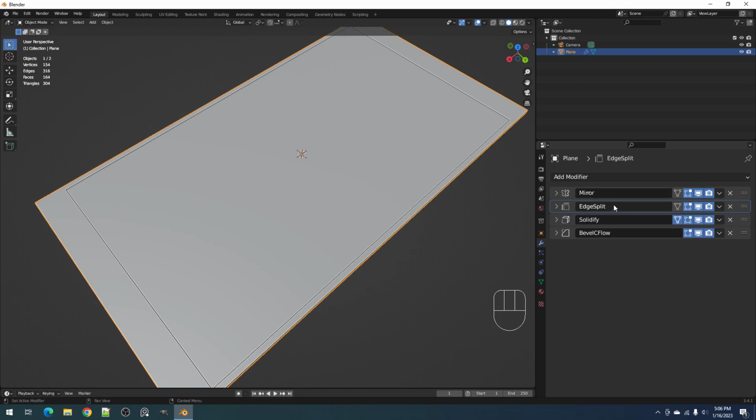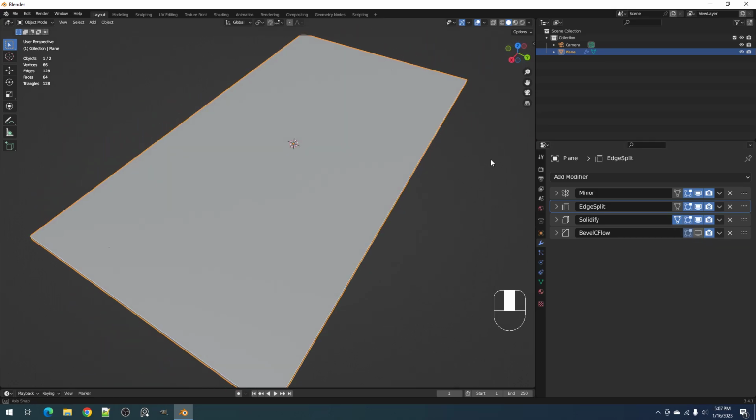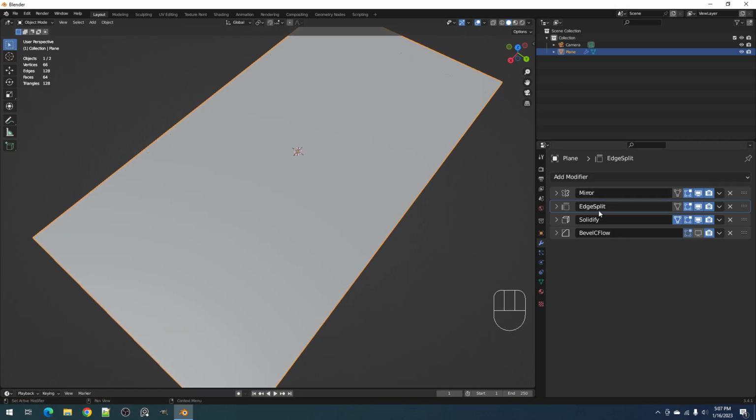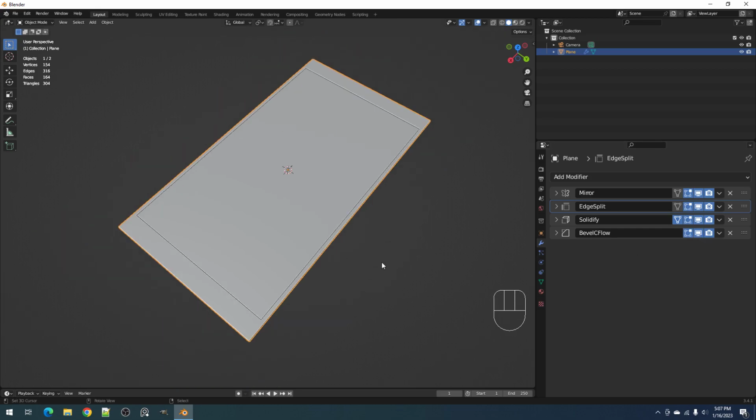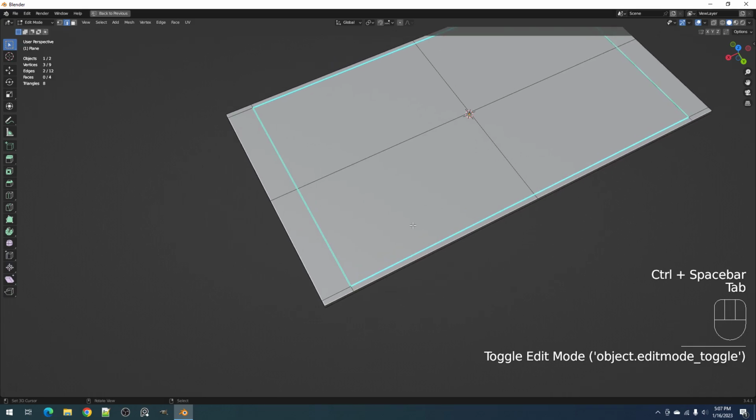So the result of these two is then solidified, but without the bevel modifier, you cannot see the effect of the split edges and the solidified combo. So in order to see that, you have to turn on bevel. You have to add a bevel modifier. Okay, so now all we have to do is design the